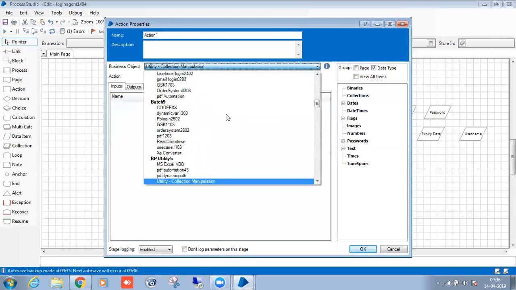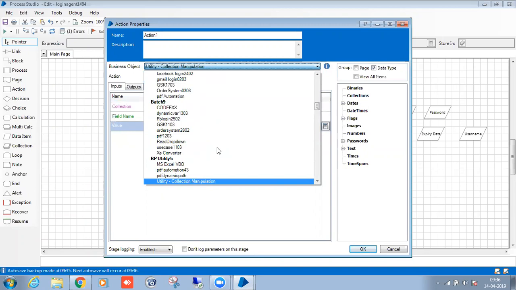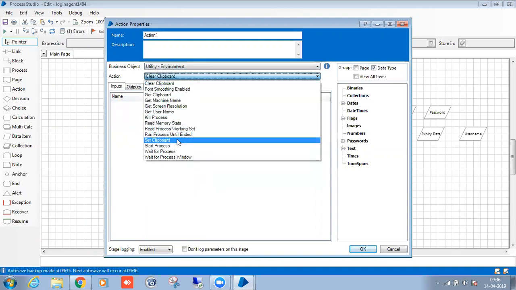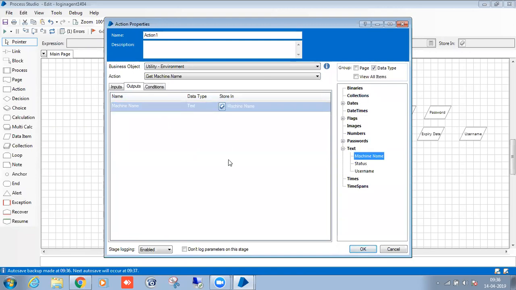Environment utility. Get resource name, something. Get machine name, right? So now see, it will take the machine name.